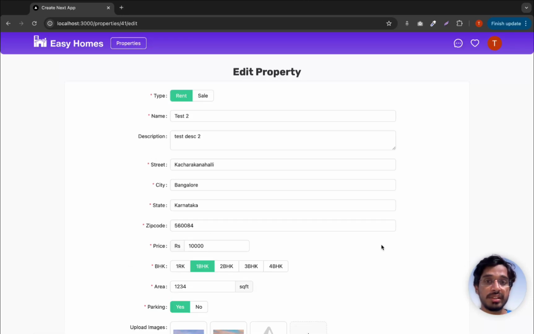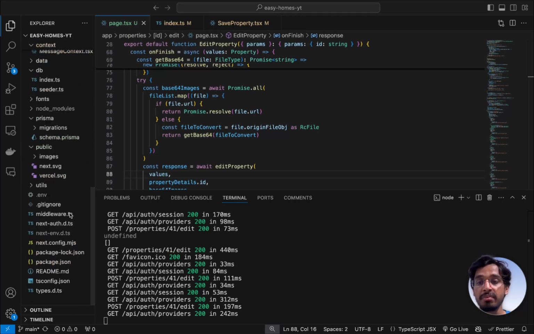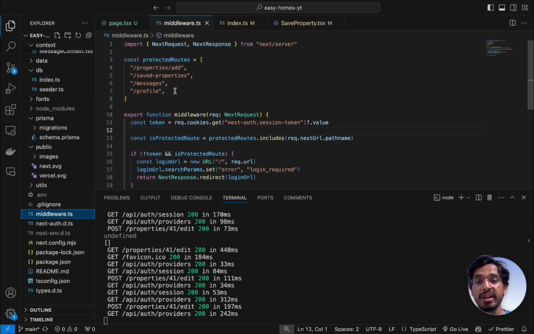So there is one last step that is pending, that is to prevent this page from any other user to access. Okay, so only the logged in user and only the user that has created this property should be able to access this page and should be able to edit the property. Okay, so for that we can just go back to our middleware.ts, and we can just add in the route of